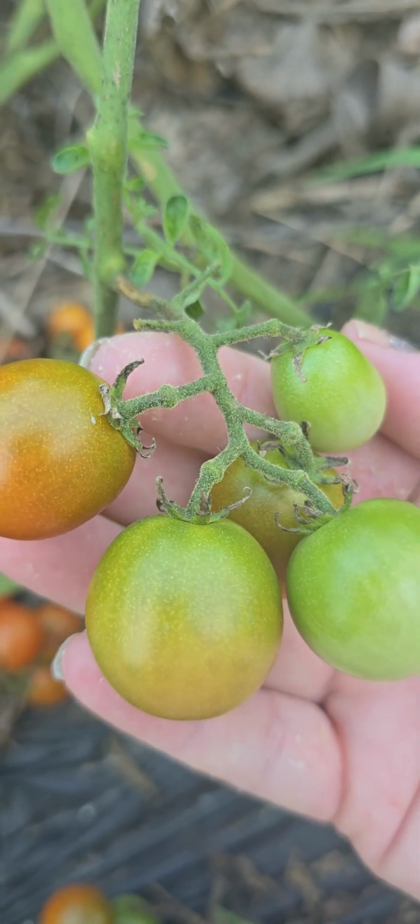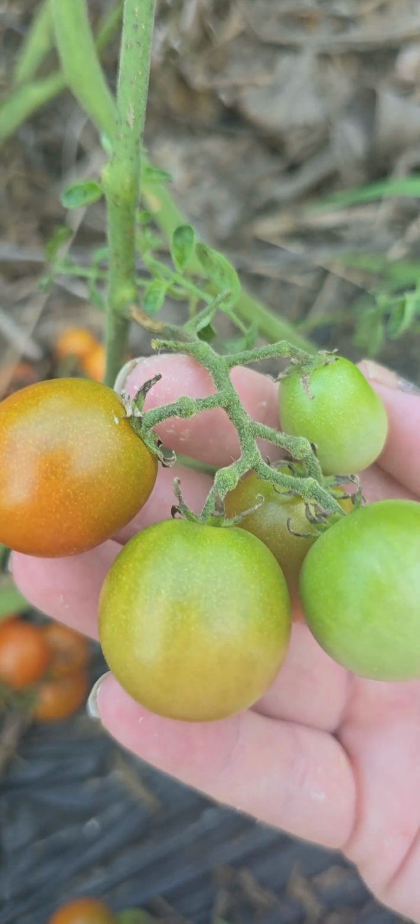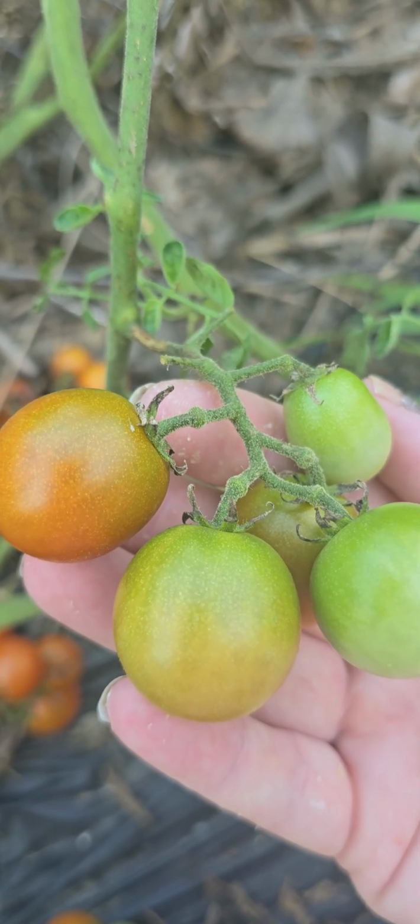So if you're wondering out in your black cherry tomato patch, if you have the right variety, you want to make sure yours do not have indigo on them, because I was wondering